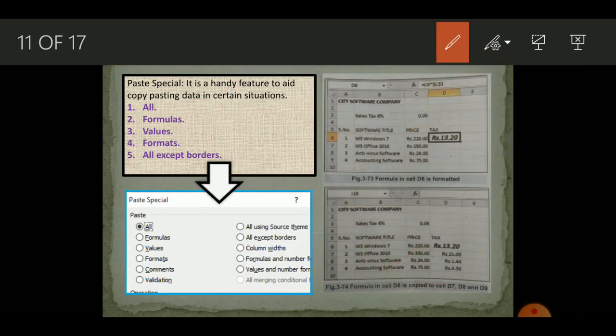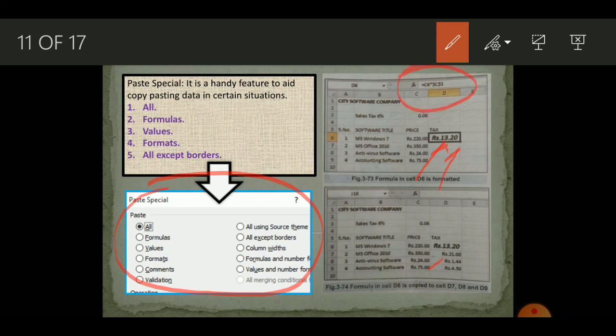So once you do that as mentioned on the screen, now how do you apply the paste special command? You right click on this cell and copy this value. Once you have done that, click on the next cell, right click and select the option paste special. It's beneath paste. Once you have selected paste special, it will present you with this menu. Now what we are interested in is only copying the formula placed in this cell.